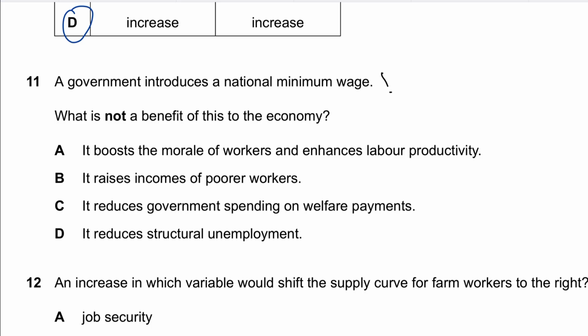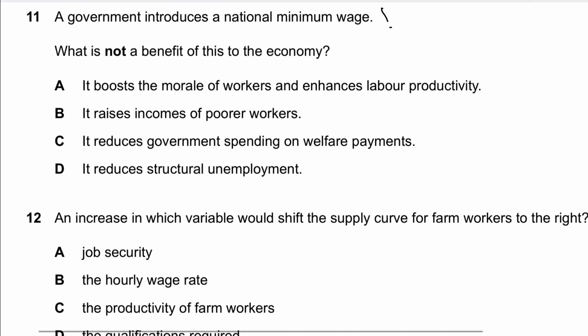It's a benefit, because low paid workers would receive higher incomes, which will improve the living standards of poor people. Option C is also a benefit. It reduces government spending on welfare benefits, because if workers start earning more, fewer workers may need welfare support by the government, which will reduce the government's welfare spending. D is the correct answer, because a national minimum wage is not a solution to structural unemployment, because structural unemployment